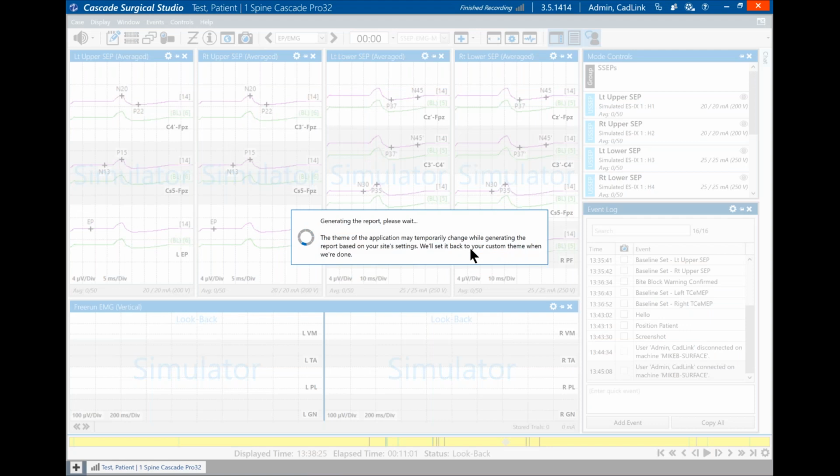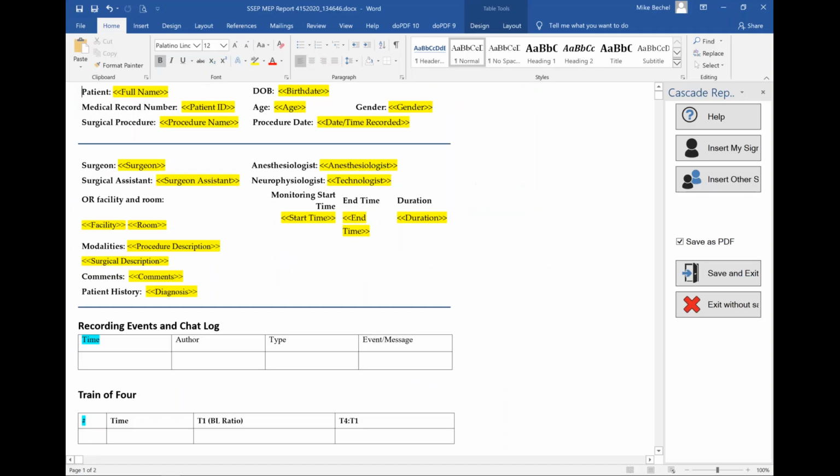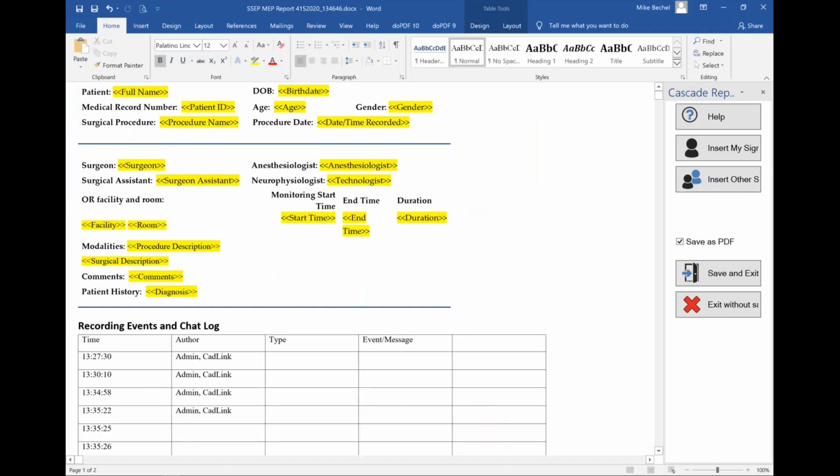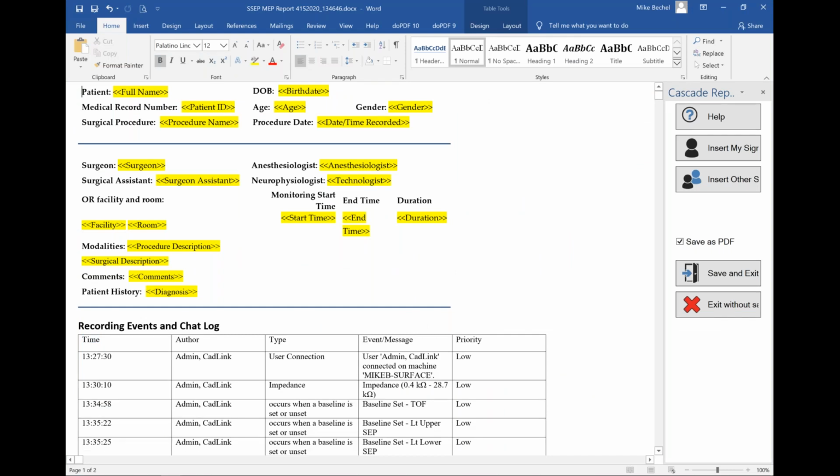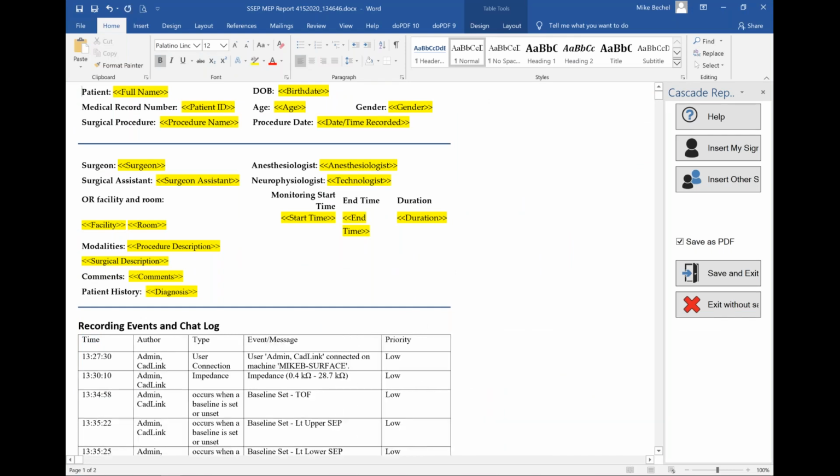Now, if you have an older system, Microsoft Word is required in order to generate these reports. So if you don't have Microsoft Word, you will not be able to use our report generator. So you can see Microsoft Word launched. It's pulling data out of